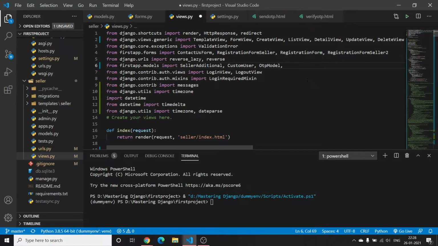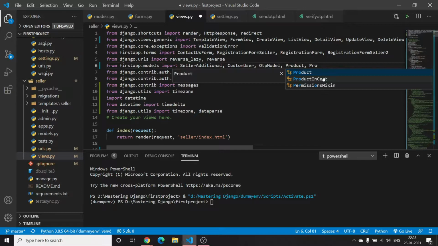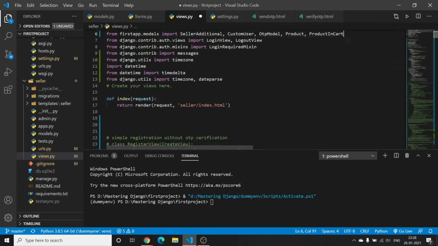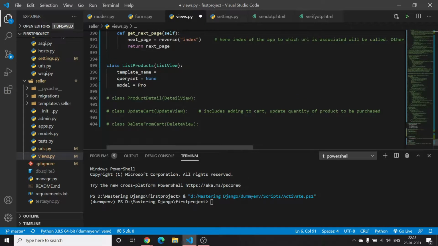I will add here product, and I also add one more model, that is product in cart, that we will be using later on. So in query set we add product dot objects dot all, and for template name I make template first app.